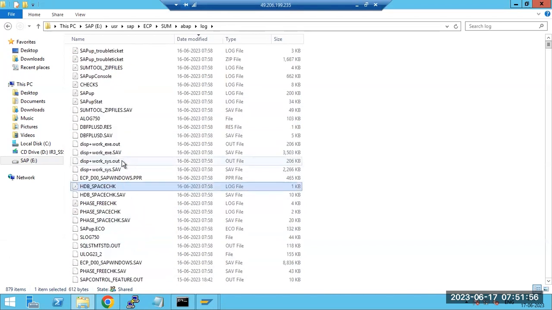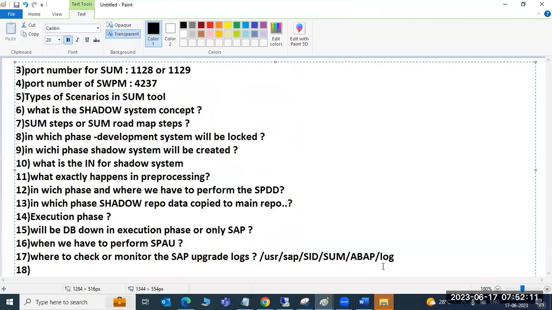But the main thing you asked me, right? There is a SAP up.log file. SAP up, alog, slog, ulog. These are some important logs you need to check. Important logs means the SAP up.log file, alog, slog, the application server log file, the system log file, and the user related log files. So these four.